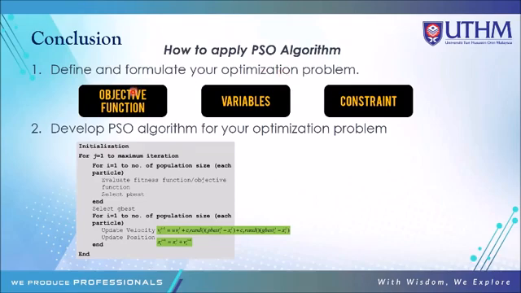It consists of the optimization function. What is the objective function? And then you have to know what the variables related to your objective function are. Of course, these variables have their own constraints. You have to identify what the constraints for those variables are. Okay, and then you can develop your own PSO algorithm. If you don't want to develop it on your own from zero, maybe you can go to MathWorks and find an example of a PSO algorithm, and then you can modify it to suit your application and your optimization problem.